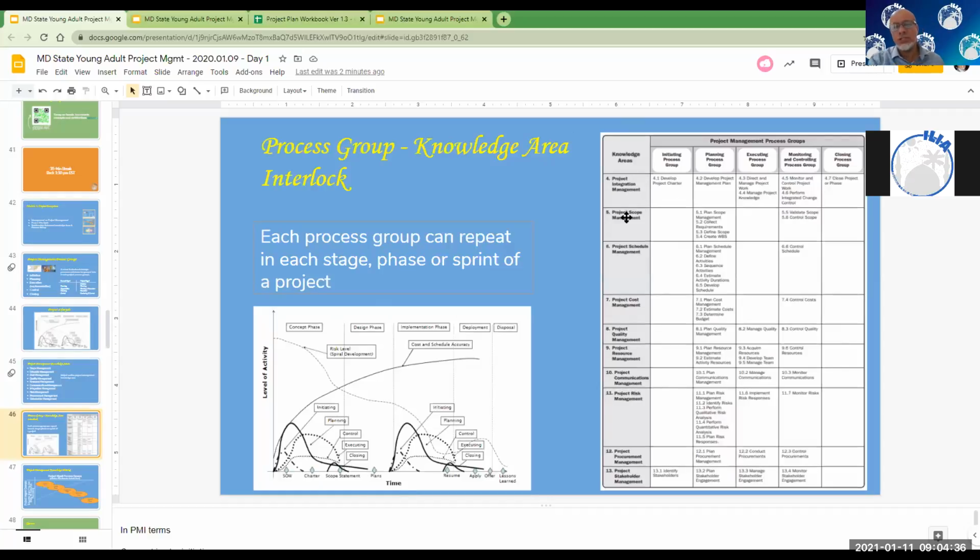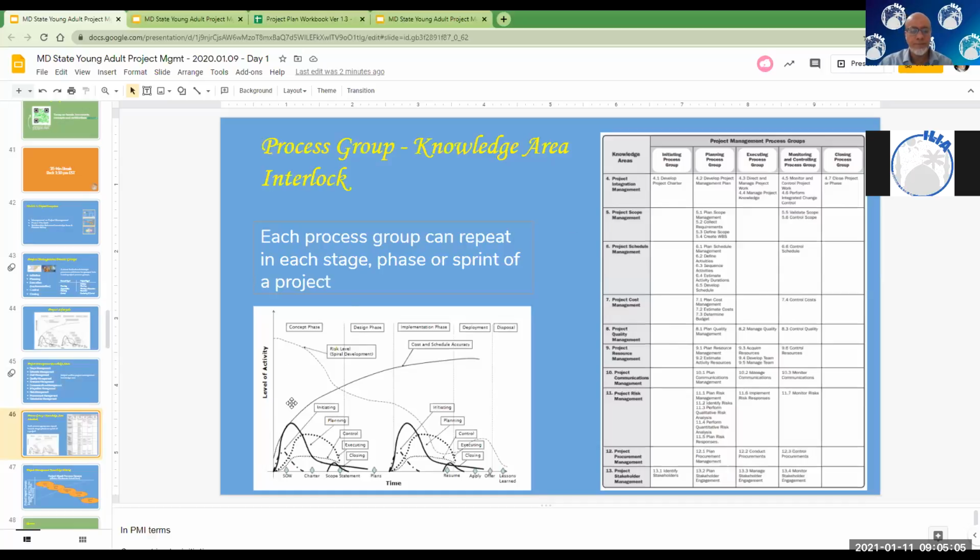We mentioned scope management, integration management. We talked a little bit about schedule and time management, and then cost management. Today, we'll continue our discussion talking about quality management, resource management, communications, risk, procurement, and stakeholders. A little blurb on leadership. And then we'll close with agile project management, how it's slightly a different approach than waterfall.